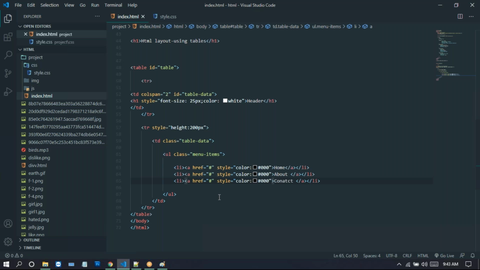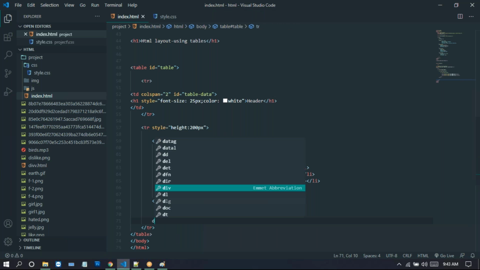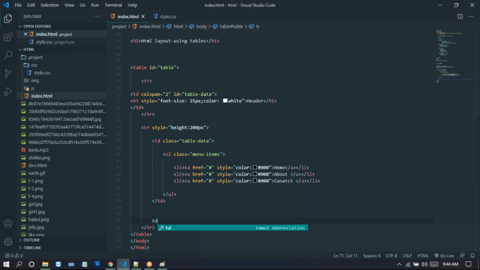We can apply some paragraph here. So for this, inside of this table data, I take one more TD here. So this is one TD, right? So I'm taking one more TD here. So for this TD, we just apply